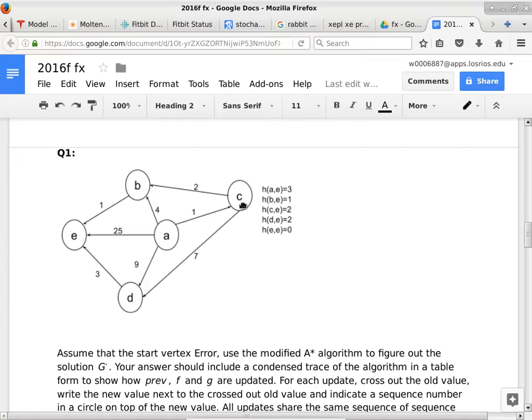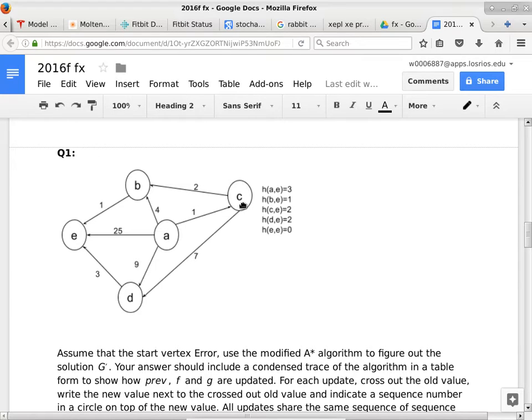What's the point of doing that though? You can just look at the edges from C, the only two edges leaving it, and just pick the smallest one. So what's the point of the heuristic though? The heuristic is kind of like a guide, so that if your heuristics are reasonable, you basically can avoid exploring a lot of vertices that are in the, quote-unquote, wrong direction. Oh, so you just avoid going down the edge that costs 7, so you just avoid that path. Yep.